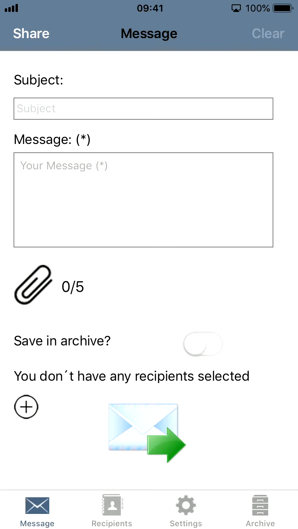There is a small icon where you can choose some images from your device and attach them to the message, and you can save in archive, which means that you can save the message that you are sending for later reuse. Basically it's a template, so you send messages and you have the option to reuse them and even further edit them later. And then there is the button to send,